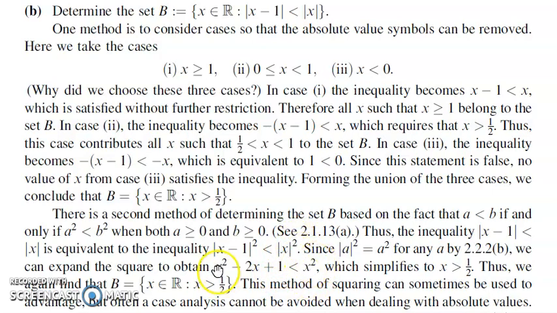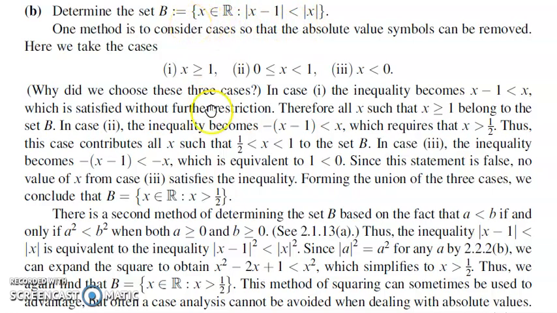So we cancel x square and move minus 2x onto the right hand side. So 2x should be greater than 1. So x should be greater than 1 by 2. So B is the set of all real numbers which satisfy x greater than 1 by 2. So all real numbers which are greater than 1 by 2 satisfy this inequality, which in turn means that all those elements which are greater than 1 by 2 belong to the set B.